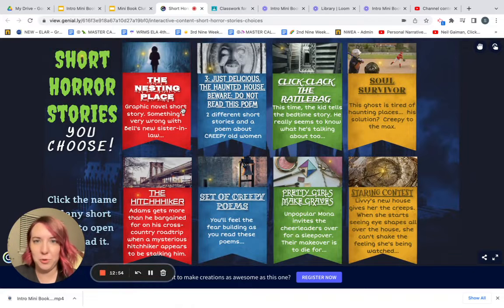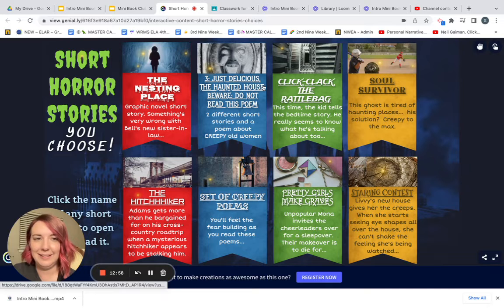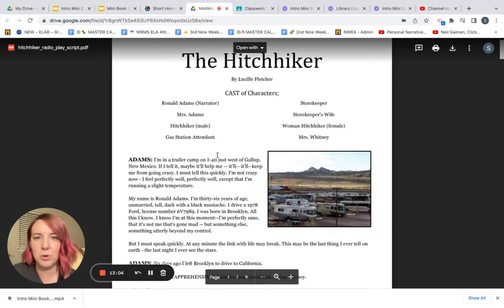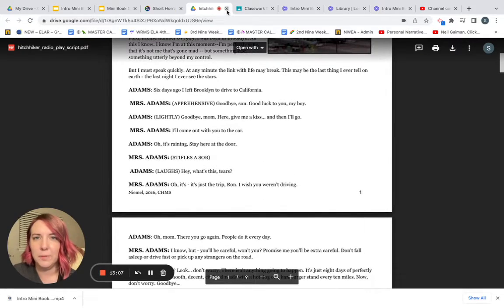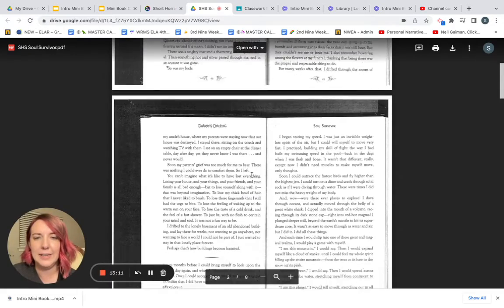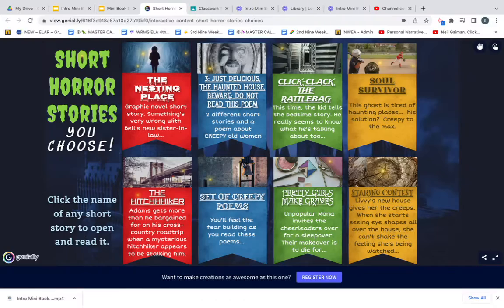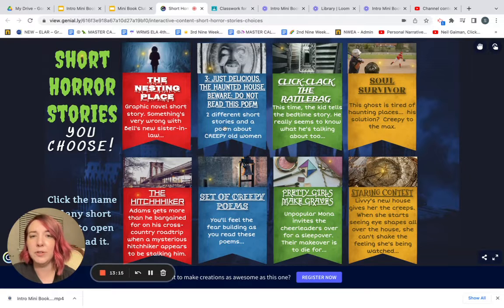I had a whole bunch of short horror story books. I checked some out from the library, and I scanned some pages just so that they could access that. So if you click on the link, it would take them to the short story of The Hitchhiker here. Or if they chose Soul Survivor, it'll take you to the scan that I did and I uploaded to Google Classroom. But again, you'll notice that they have a short blurb that gives them an idea of what they